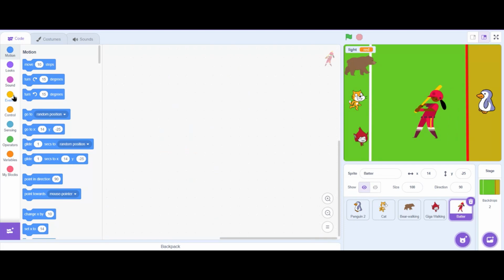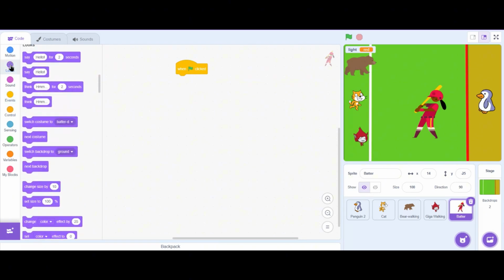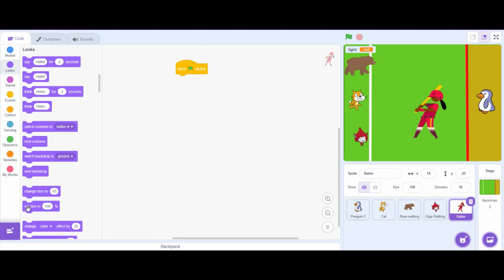So let's go to the events menu and then drag a when green flag clicked block. And after that we will go to the looks menu and drag a set size block like this, and let's set the size of the sprite to 60%. So let's see. Okay, perfect for our game. Now let's drag this sprite near the bottom right corner like this. So this is the initial position of our